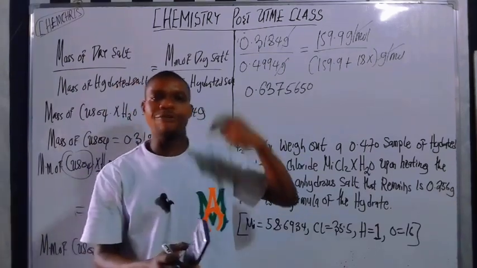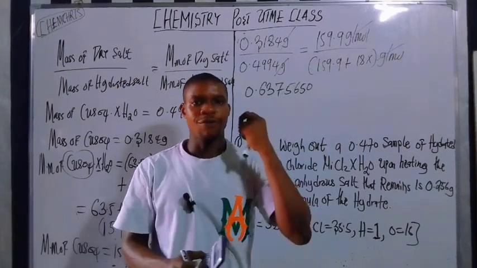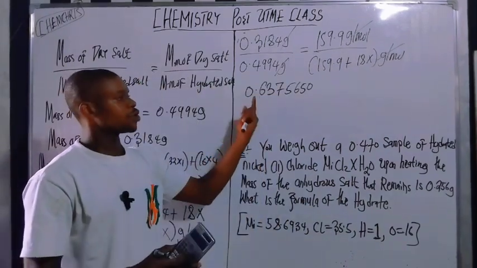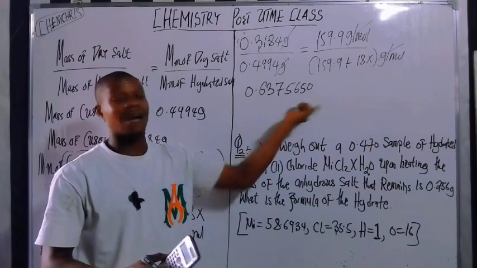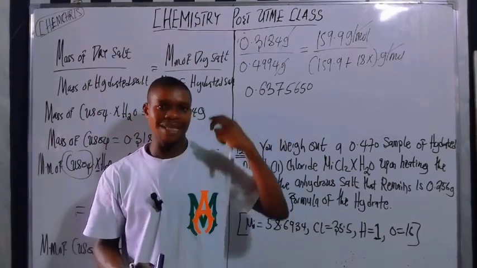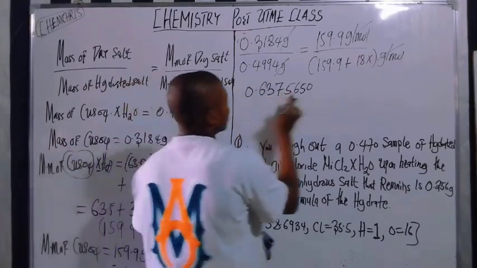It must be 4 decimal points and above, for the sake of accuracy. So 4 decimal points. So here I have 1, 2, 3, 4, 5, 6, 7. Here I have 7 decimal points. So it should be 4 decimal points and above. Do you understand? So this by this, what I got equals